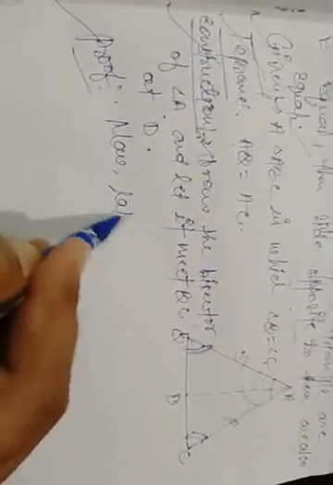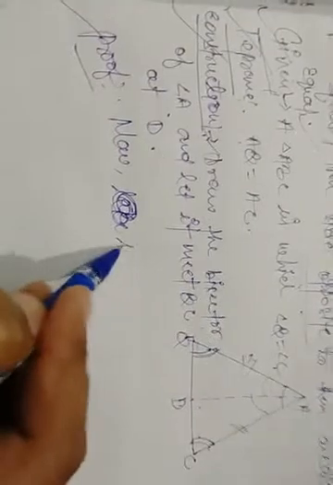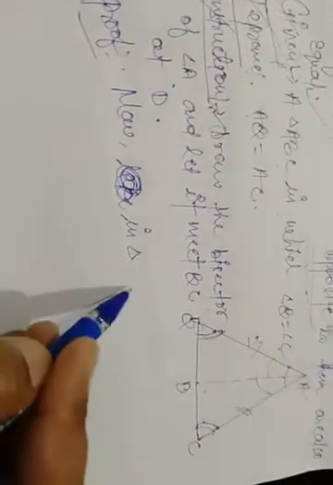Now in triangles ABD and ACD, we have, let's see,